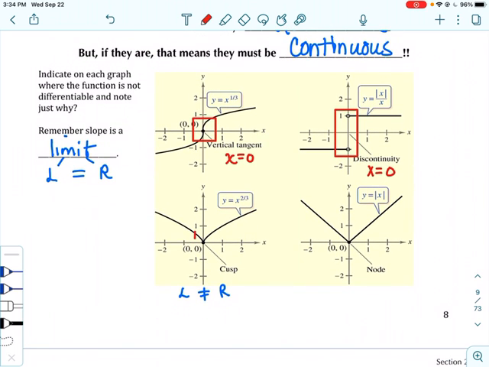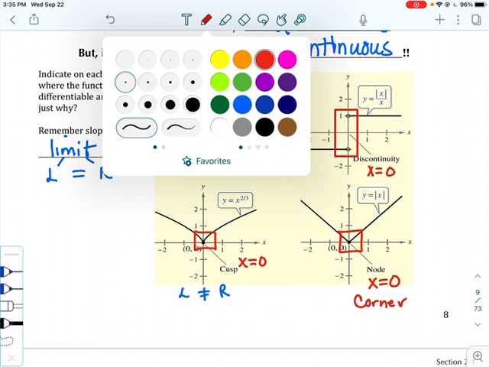On this one, where there's a cusp, and that is at x is equal to 0, the left-hand limit is different from the right, but not only that, at a cusp, they very often go to infinity. So, well, at a cusp, the tangents do go to infinity, negative infinity or positive infinity. And then for the last one here, where you have the function at x is equal to 0, you have what's called a node, or sometimes we call it a corner. Corner and cusp are a little different, but if you notice with the last two, the slope is different from the left and the right. So the slope on the left is not equal to the slope on the right,